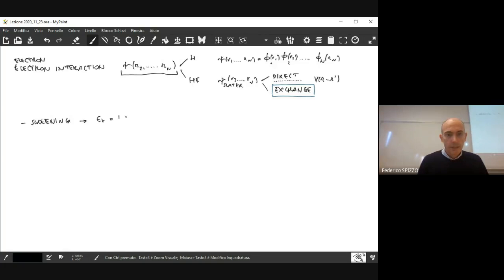So what we saw is that the relative permittivity in the case of electrons is 1 plus k0 squared divided by q squared. And thanks to this new expression for the permittivity, we have that the interaction potential between the electrons is not the pure Coulombian one as we would have in empty space, but is the Yukawa. And in the Yukawa case, we have